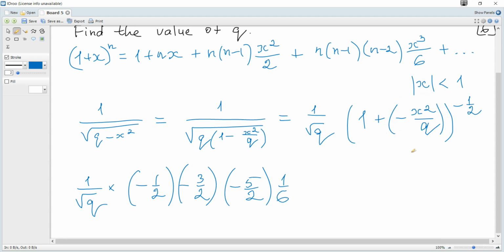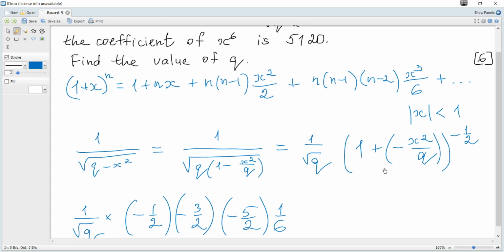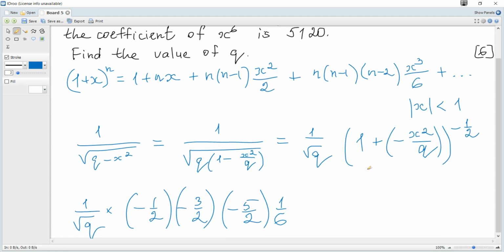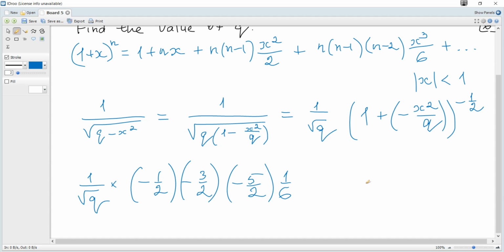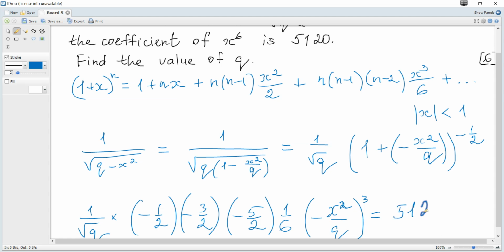It's not necessary to write x to the power 6, you may write just the coefficient. I will write it together with x to be more clear what we consider. So it becomes negative x squared over q, cubed,